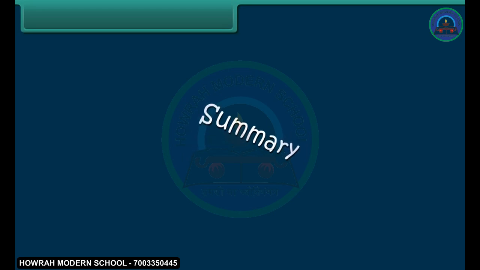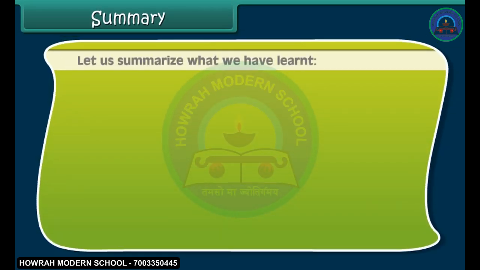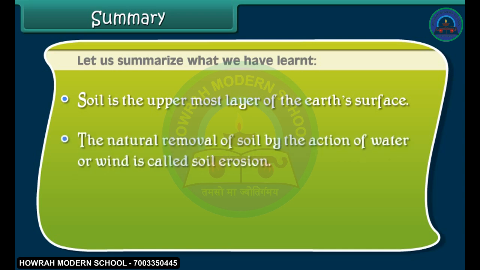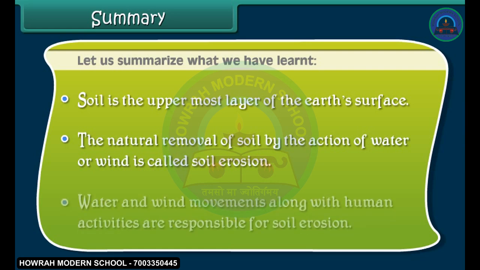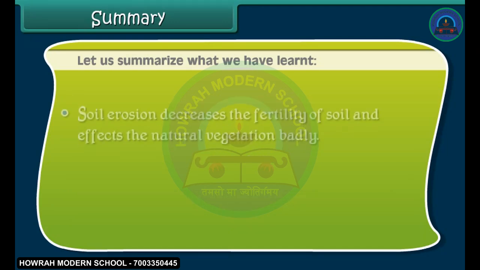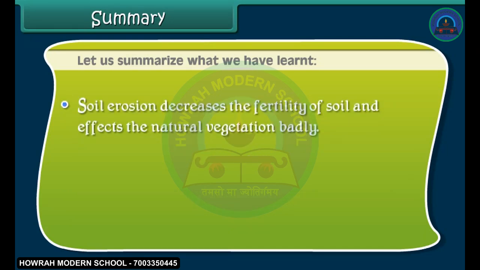Summary. Let us summarize what we have learned. Soil is the uppermost layer of the earth's surface. The natural removal of soil by the action of water or wind is called soil erosion. Water and wind movements along with human activities are responsible for soil erosion. Soil erosion decreases the fertility of soil and affects the natural vegetation badly. Growing